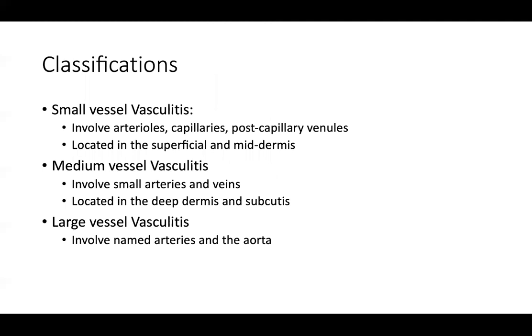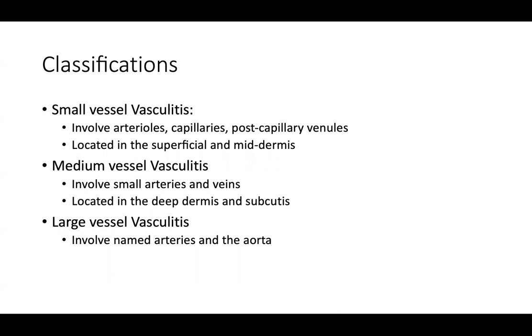So starting out with classifications. First, we think about small vessel vasculitis. This typically involves inflammation of the arterioles, capillaries, and postcapillary venules located in the superficial and mid-dermis. So usually the higher up you go in the skin towards the epidermis, the smaller the caliber of vessels that you have. Medium vessel vasculitis typically involves small arteries and veins, and this is located more in the deep dermis